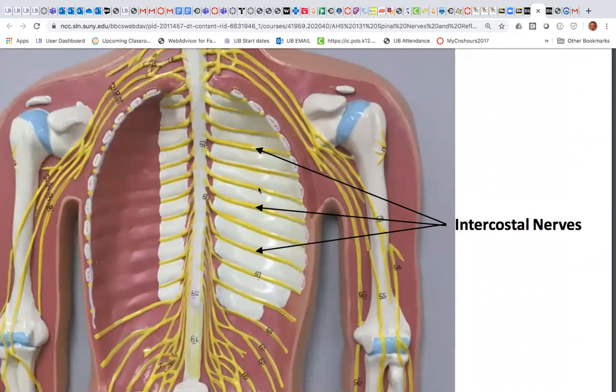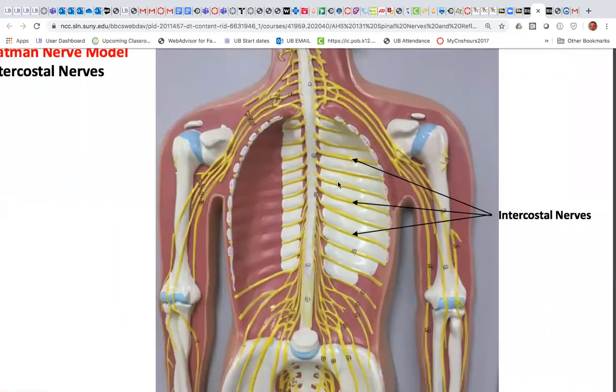This is where shingles loves to attack, by the way. That virus, herpes zoster, loves to sit in the dorsal root ganglia. And then when the person's immune system becomes weak, that virus comes out and starts to express itself through peripheral nerves, like the intercostal nerves, or they love dermatomes, especially that of the face where you have the trigeminal nerve. The shingles can attack either the ophthalmic branch, the maxillary branch, or the mandibular branch, V1, V2, or V3 of